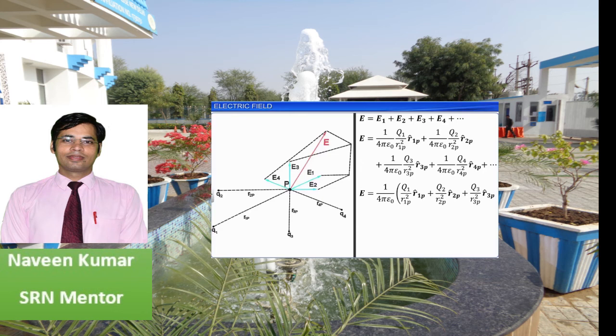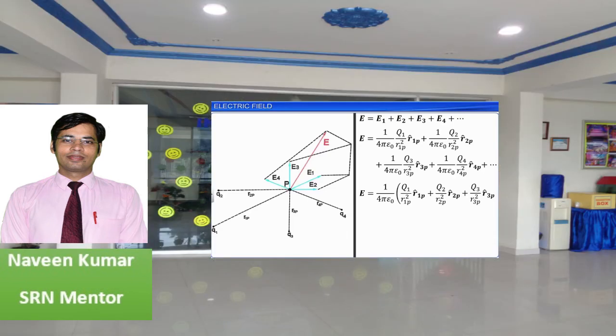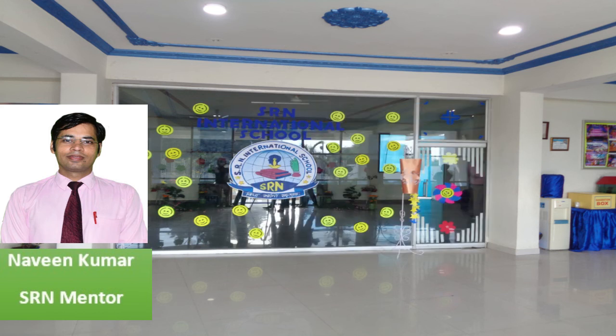Therefore, if we substitute the value in the equation of electric field, E equals F by q naught, then what we get is E equals F01 by q naught plus F02 by q naught plus F03 by q naught until F0n divided by q naught. Hence, the total electric field at the point where the test charge is located is E1 plus E2 plus E3 until En, where these are the individual fields.